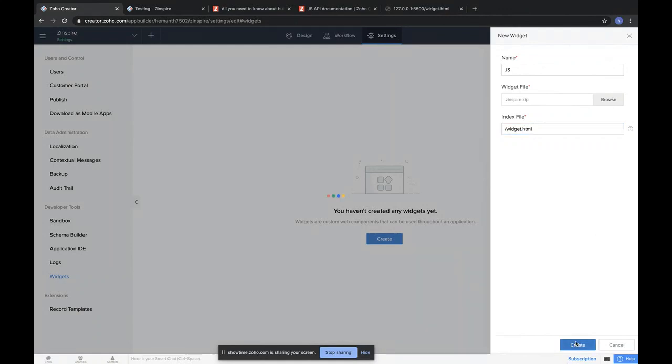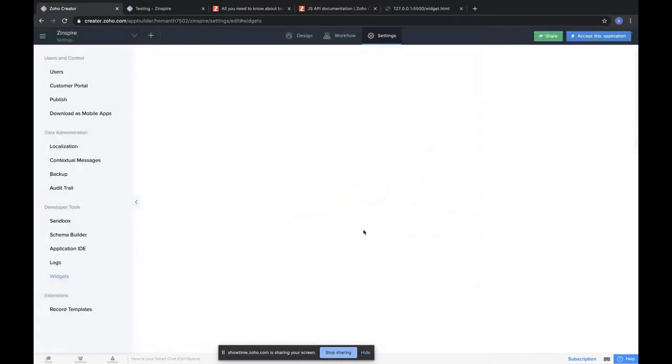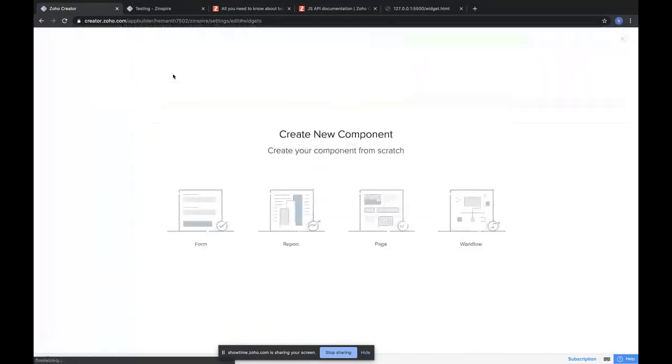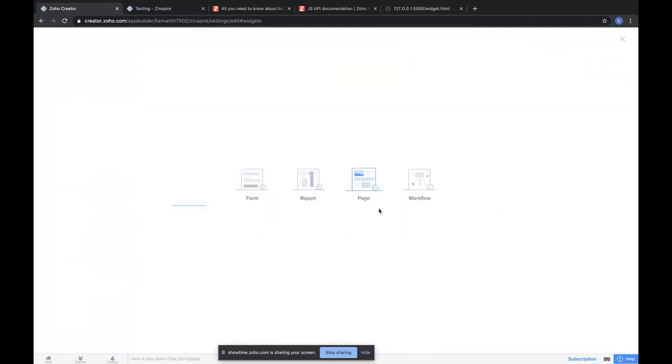And we click on create. So now this particular widget is added to the application. Now let's go ahead and add it as a component. So widgets are currently available inside the pages component. So we go ahead, create a page,